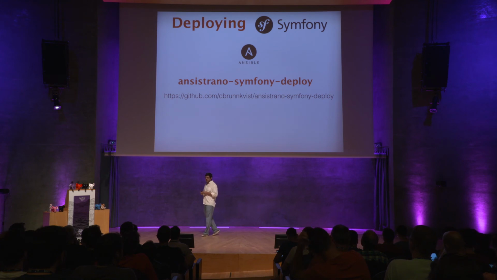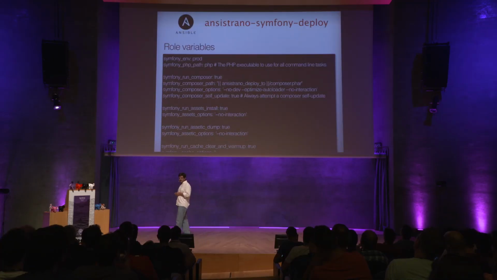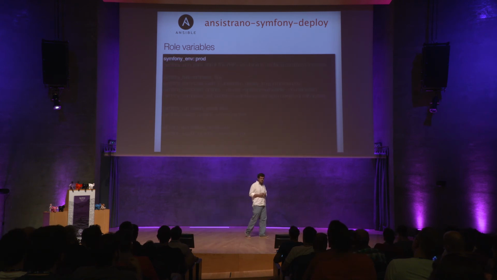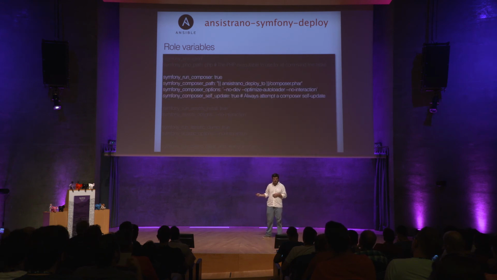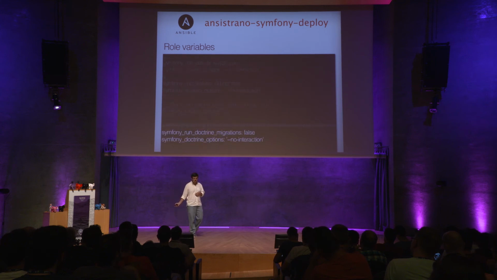So Ansistrano Symfony deploy, as I said, is another role that uses Ansistrano. Basically, you can install it again with Ansible Galaxy, and this will install the dependencies it needs, like Ansistrano if you didn't install it before. And then this one also provides a set of variables to deploy a Symfony application. For example, the environment of Symfony that we're going to be using, if we're going to use Composer to update our dependencies,